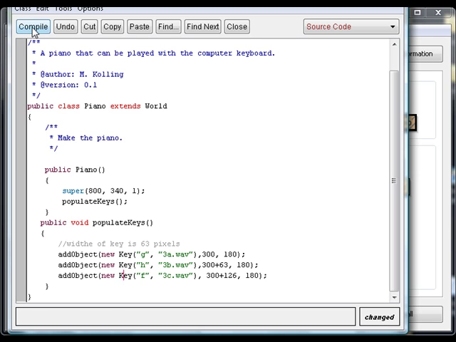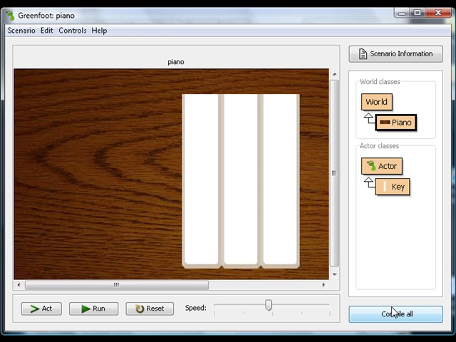And let's try a compile again. No syntax errors, so I couldn't remember whether I had an uppercase on there or not, but I remember that one of the rules is you uppercase the name of a class, so I should have known that. And we'll do a compile all, which is what we did already, and then we'll do a run,